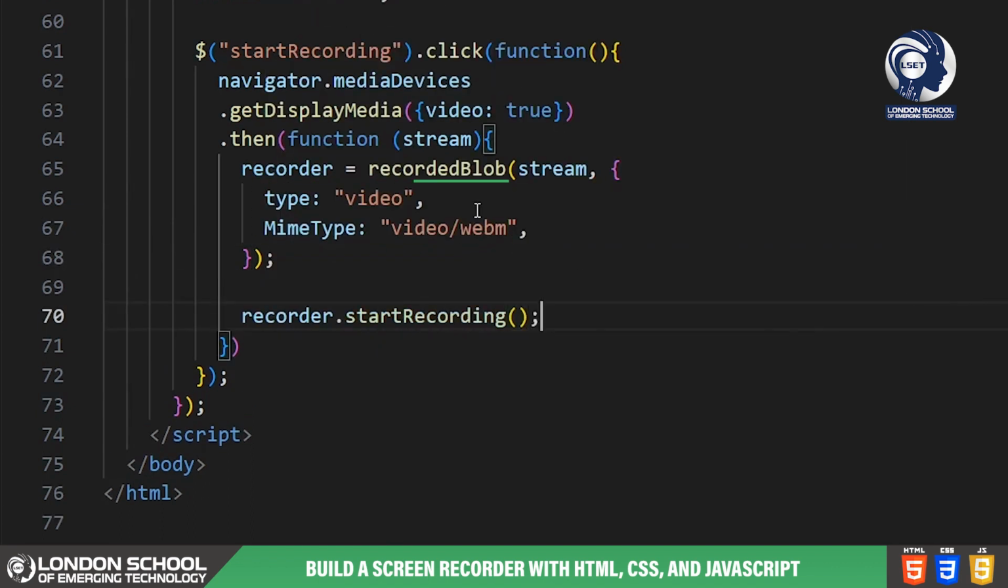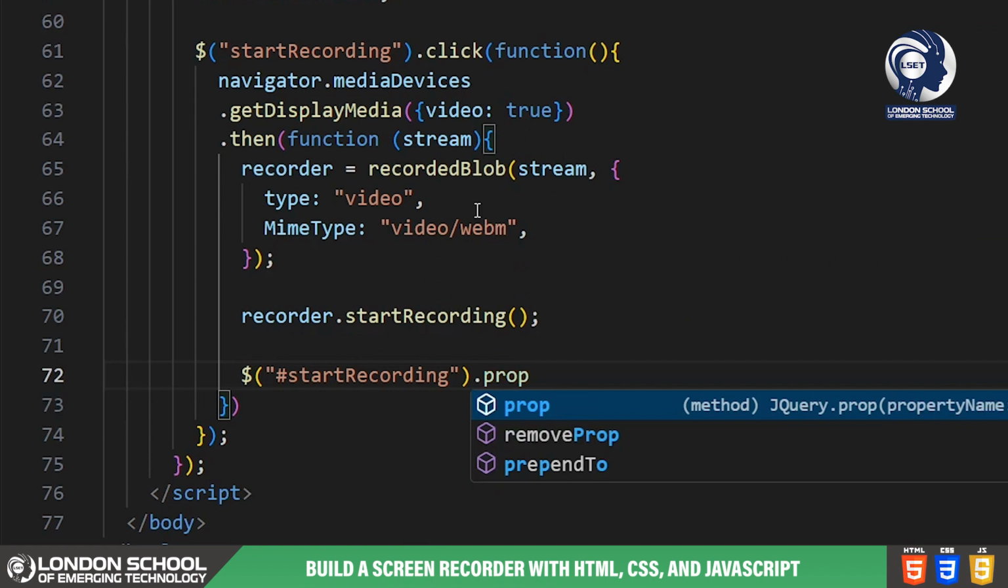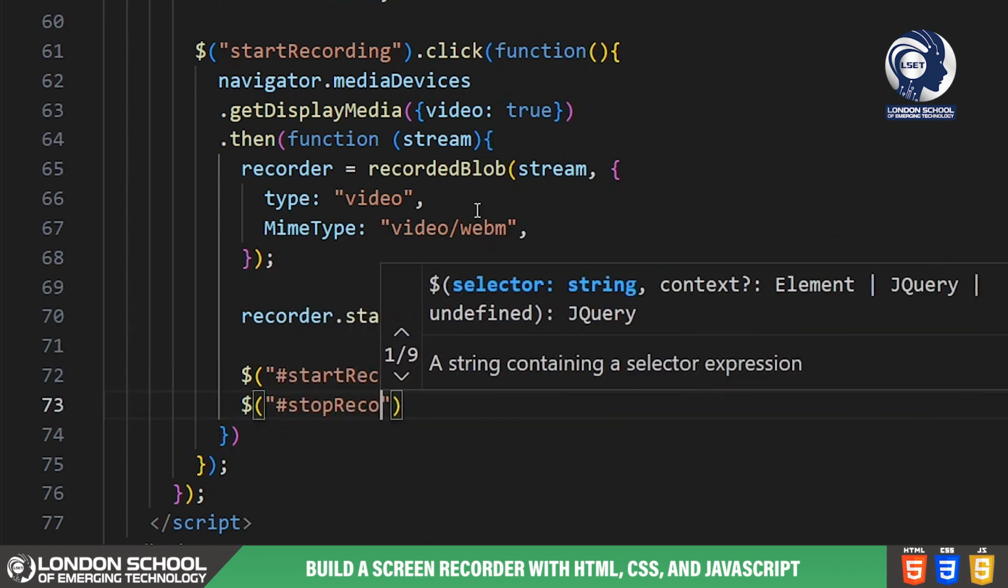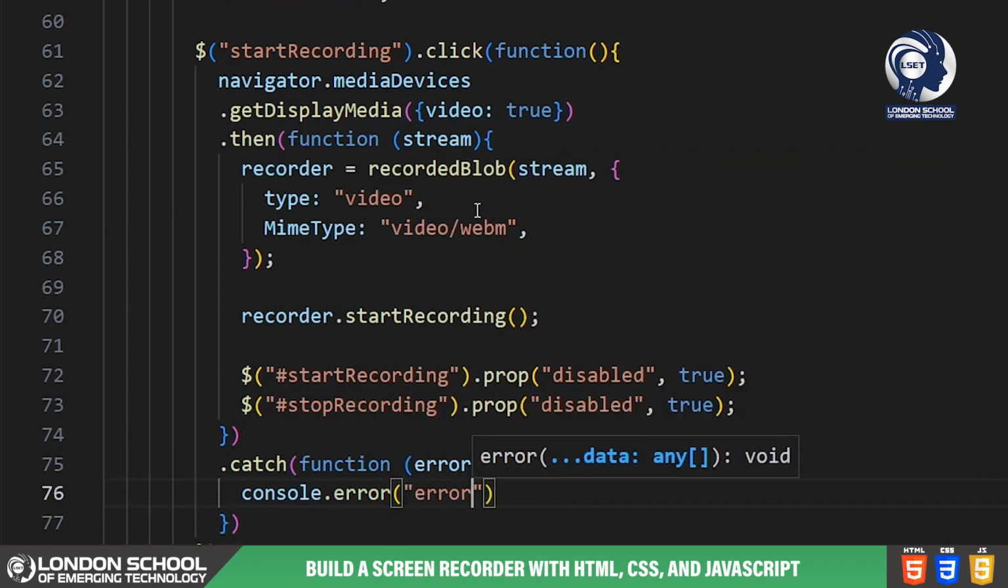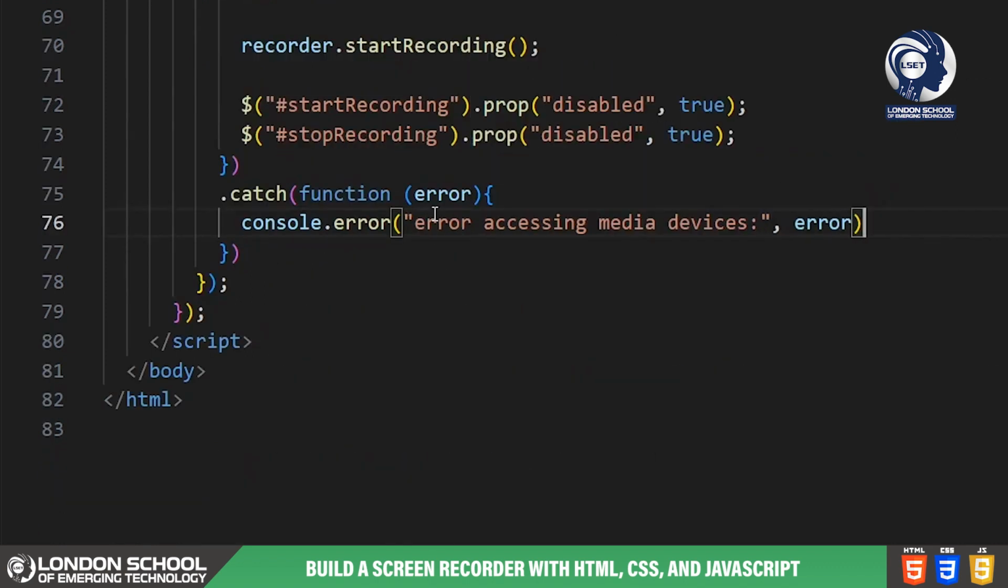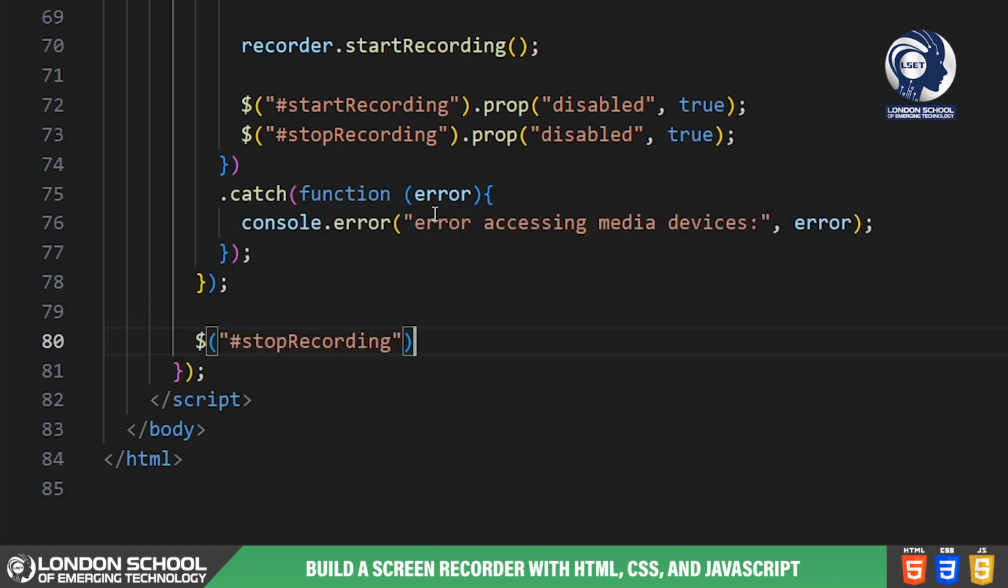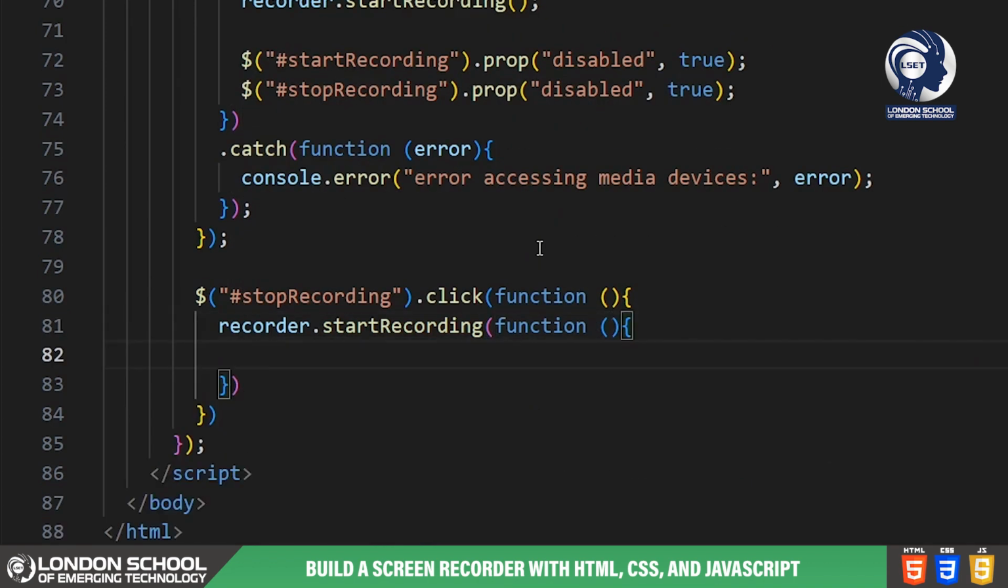Then, we start the recording using the Start Recording method provided by recordRTC. We also update the button states to disable the Start Recording button and enable the Stop Recording button to reflect the recording state. When the Stop Recording button is clicked, we stop the recording using the Stop Recording method of